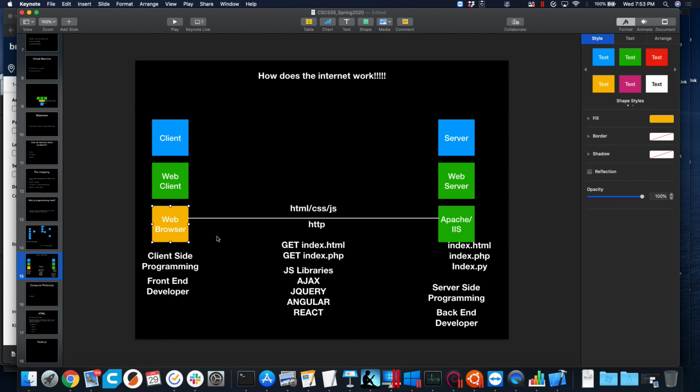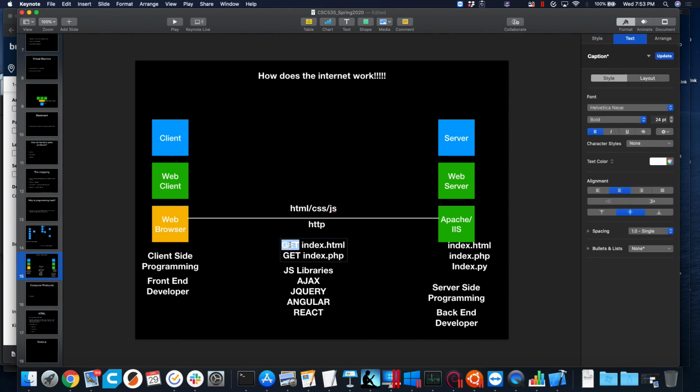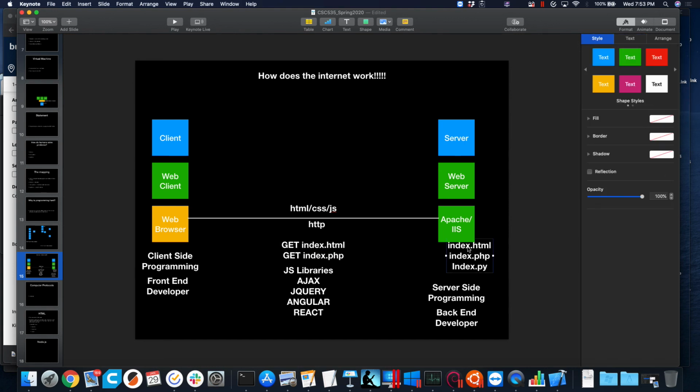All right? So if the browser makes a GET request in HTTP and says, give me index.html, the web server is going to look at the end of that and say, the MIME type here is HTML. No problem. It's already in the format that I'm supposed to give them. I'm not going to do any extra work. I'll go and find the file over here, and I'll toss it back to the browser. Good to go. But then he asks for index.php. MIME type is not HTML.